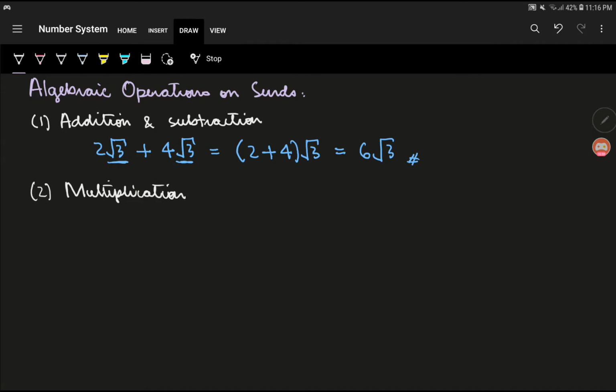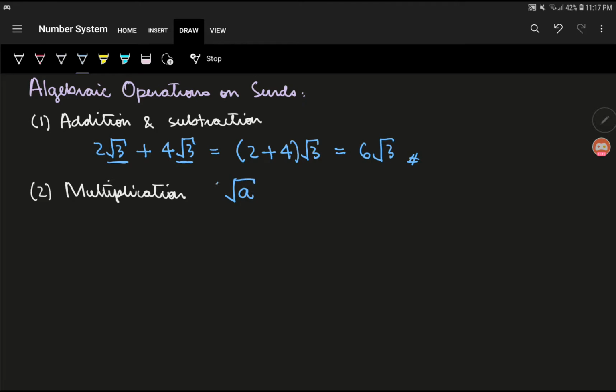Multiplication. For multiplication, it is different from the previous one when we talk about addition and subtraction. For multiplication, it doesn't need to be a set of the same kind. It can be different, because what we do is, let's say we have, for general,